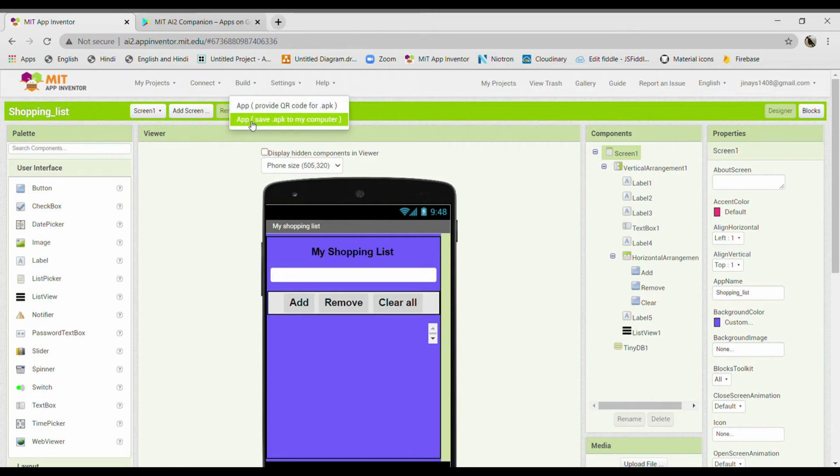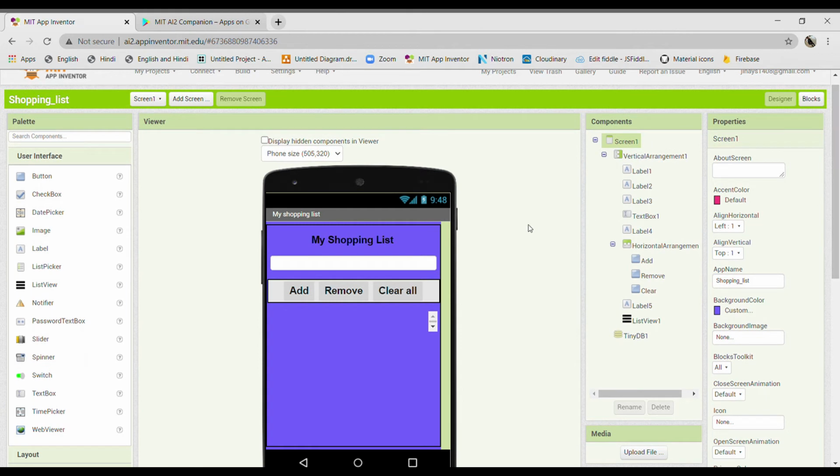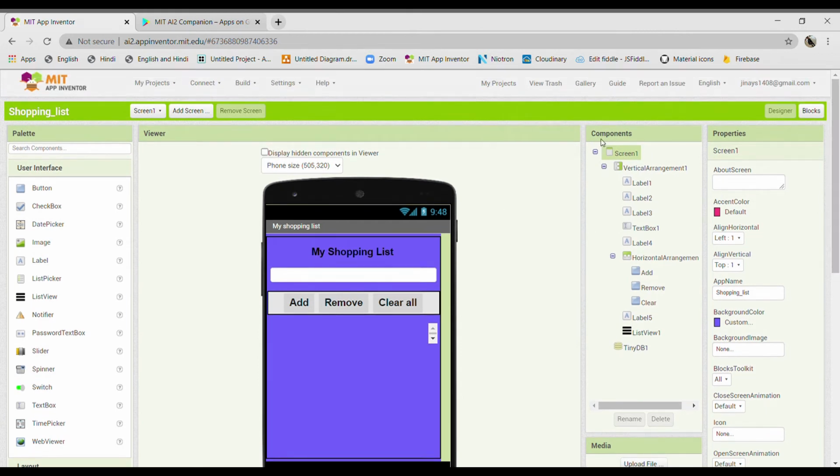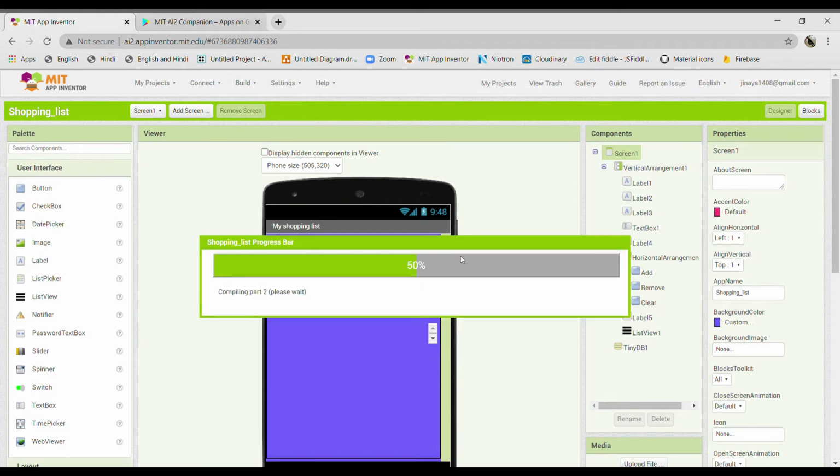So you can save this. Like, I have built a shopping list app. If I want to save this APK file, I will just click on app save APK to my computer, and automatically the installation will take place. Now once the APK file is saved, you need some software using which you can open those APK files.